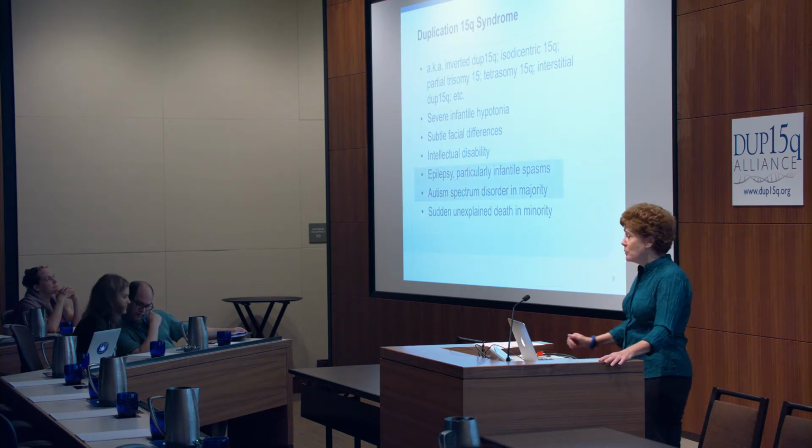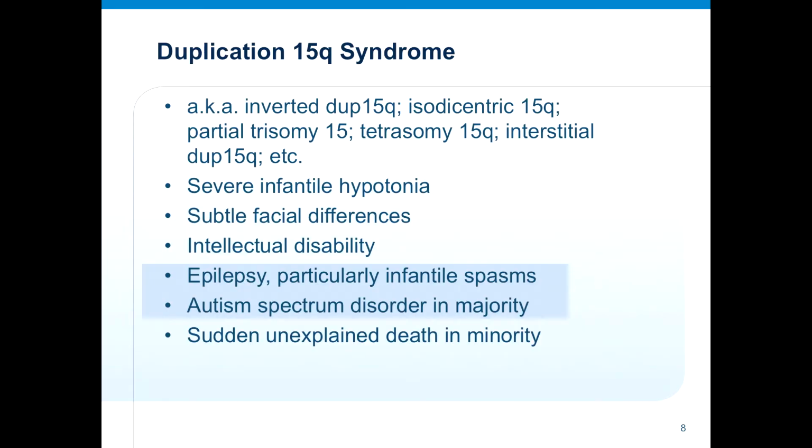And I do want to point out two of the features that really should be of great interest to researchers, just because there's a lot of research in this area now. Certainly the epilepsy phenotype is really important. We know lots of studies are going on looking at the genetic basis for some of the epilepsies, and we do know some of the genes in there, particularly the GABA receptor genes that are involved in this region, play a role in the epilepsy phenotype. So that's a really important part of the phenotype for research, because there are a lot of other collaborators and scientists who don't know anything about DUP15 but are interested in this area.